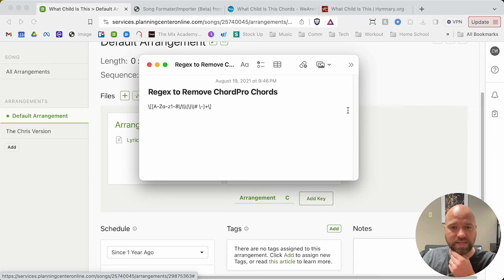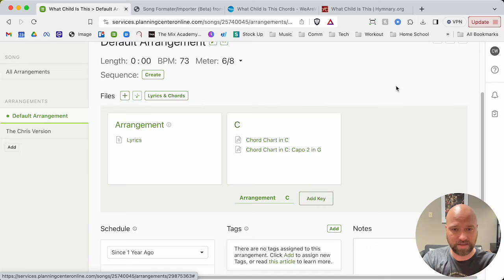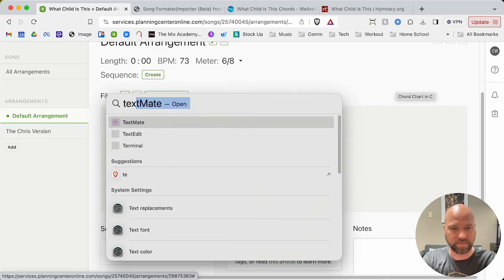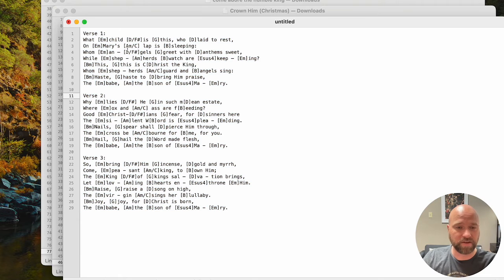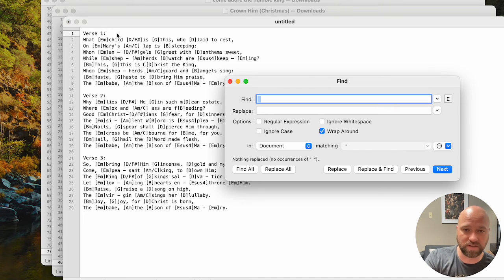If you have any text editor, I'm going to copy this in case I don't have it. If you have any text editor, I'll have to come back. Okay, I use TextMate on a Mac. Oh yeah, here we go. I copied over the ChordPro earlier, but I want to get rid of all these things. Man, that's annoying to have to go through and get rid of them. But if I've got that little code, I just have to do find and replace, and drop in this weird looking piece of code,